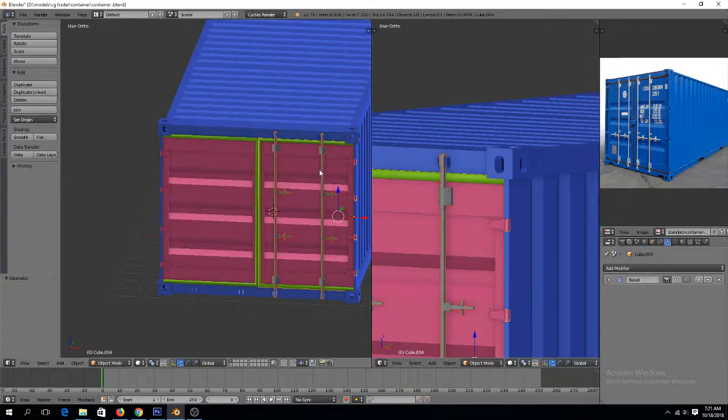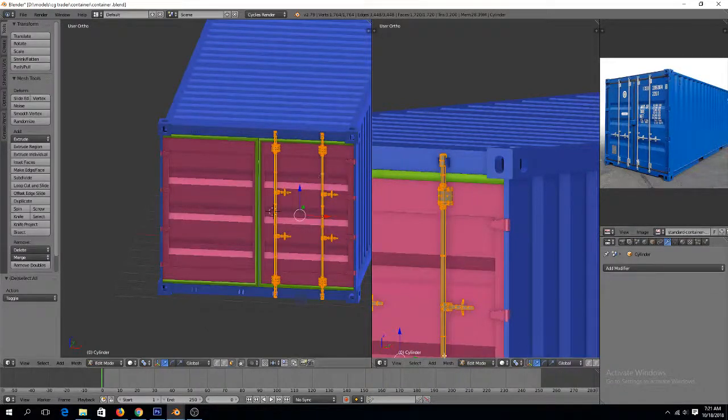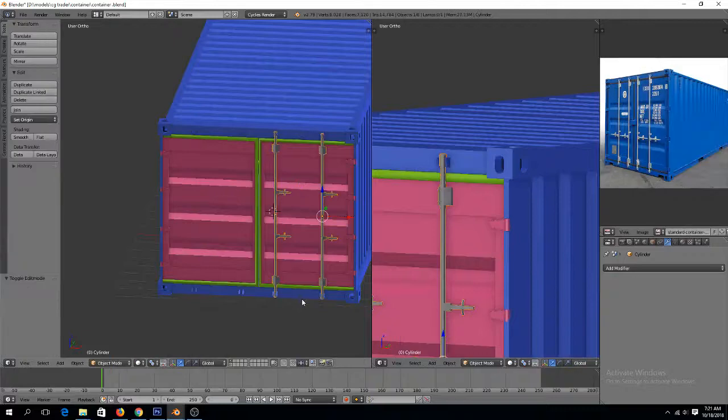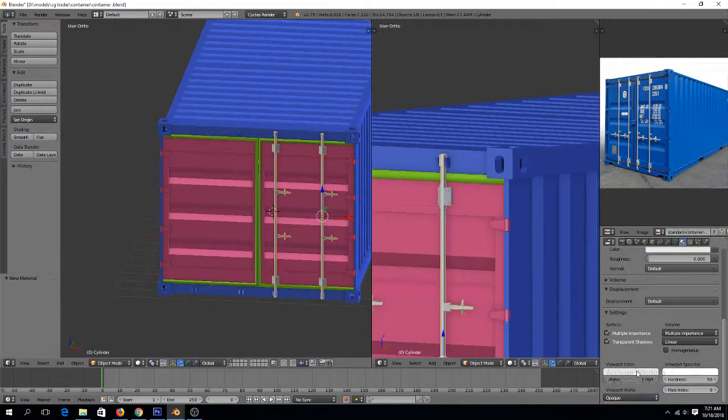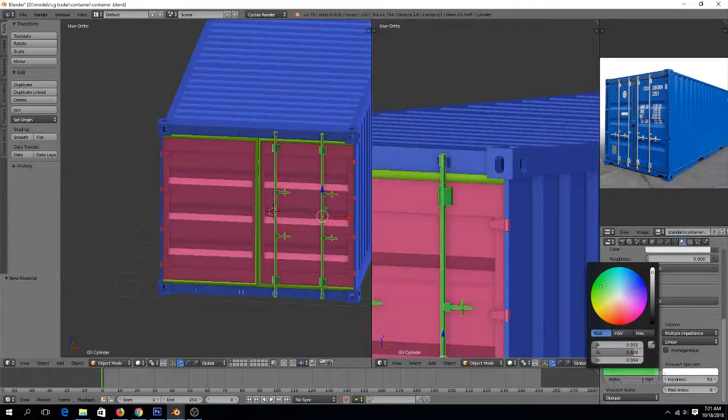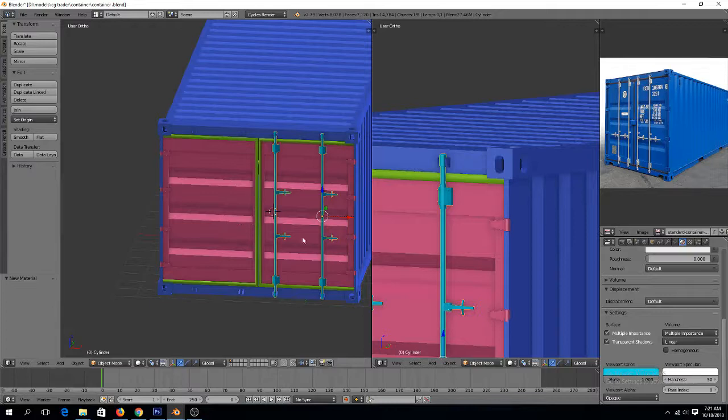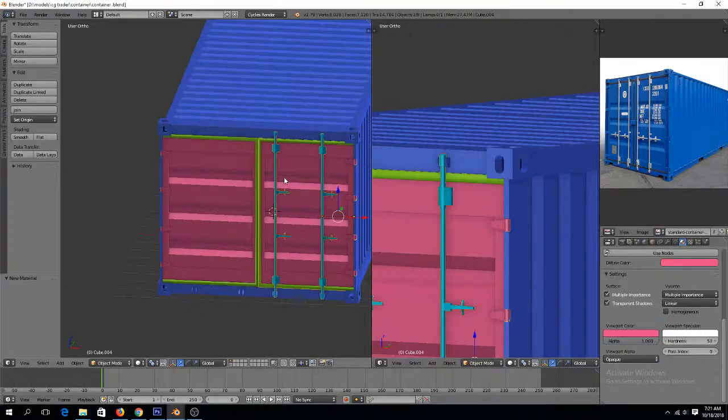Maybe let's first give it a different material. It's better if we unwrap this, so let's just use smart unwrapping. Smart UV unwrapping, and let's join this. Let's give it a new material, bars, and let's give this a different color. Let's try that and join these to that. Control J, something like that,